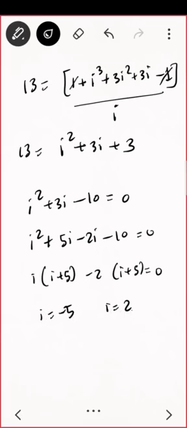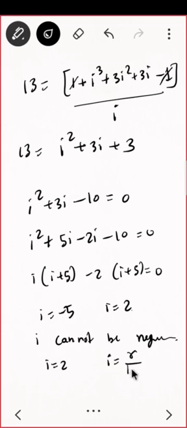Can I be negative? Because it is rate ना, minus में थोड़ी चाहिए हमको. So it is I equal to 2. So I equal to 2, but what is the formula for I? I is R upon 100, na? So what is the value for R? It is 200. So the answer is 200%. Correct? Your rate of interest is 200% for the question.